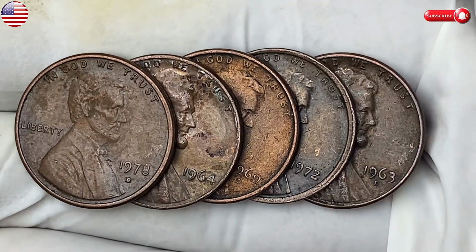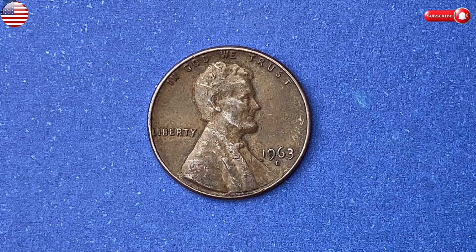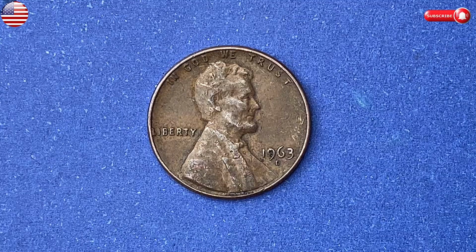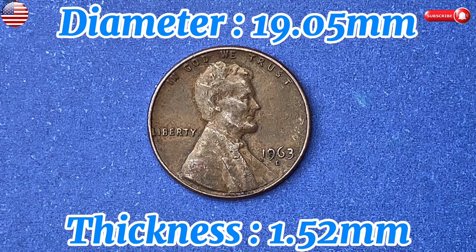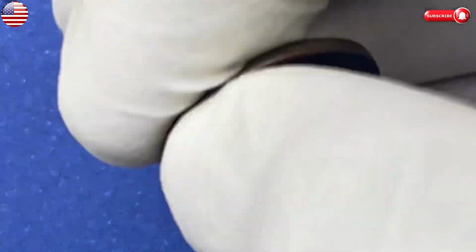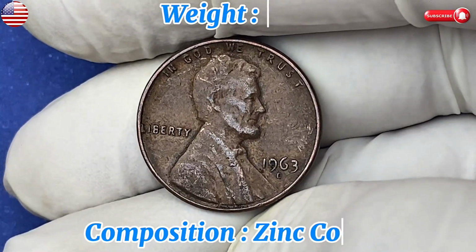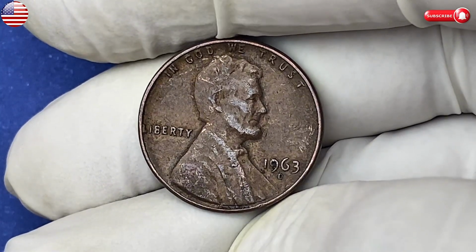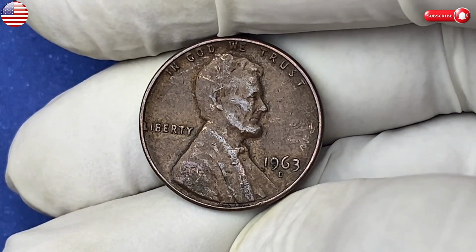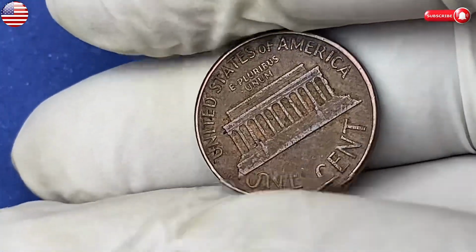new way. So on Top 1 today, we're diving deep into the story of one of America's most iconic coins, the 1963 United States 1-cent coin, better known as the Lincoln penny. At first glance, it might seem like an ordinary copper coin that millions of Americans used every single day in the 1960s, but as we'll soon discover, certain rare varieties and errors from this year have turned this humble penny into a collector's dream. So, sit back, listen closely, and enjoy this fascinating journey into what makes the 1963 penny